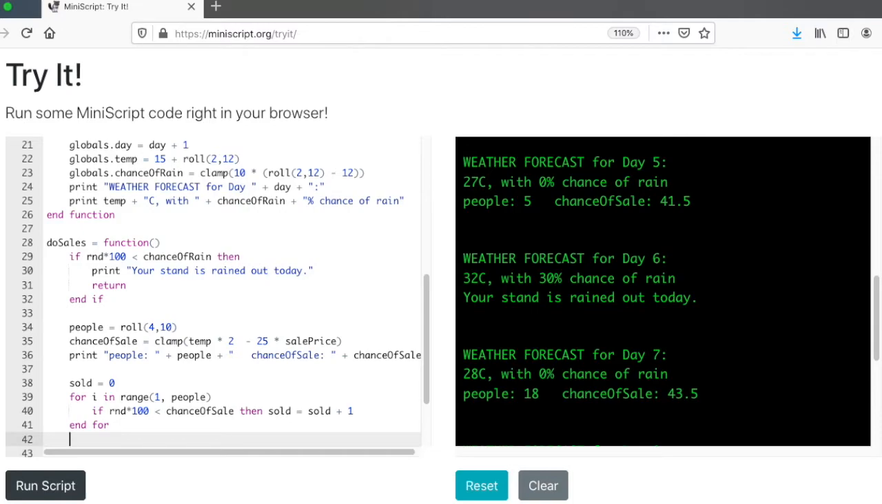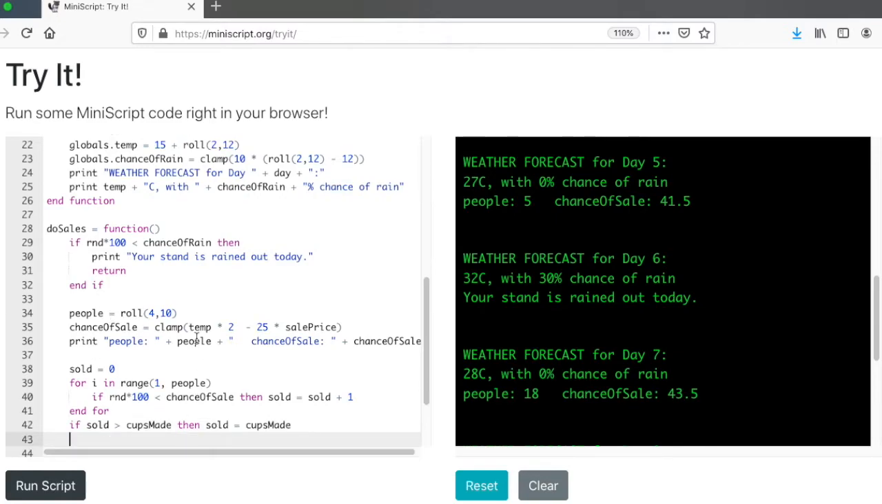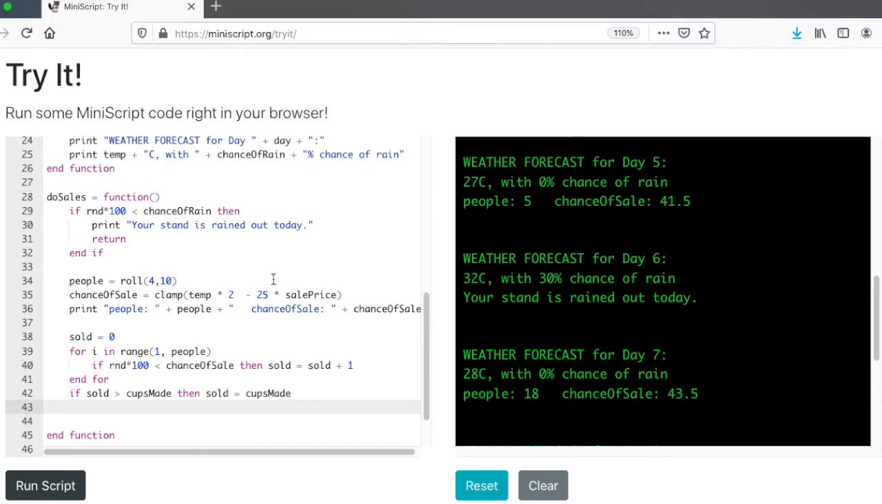And we got to make sure that we don't sell more cups than were actually made. So we're going to need another variable that keeps track of how many cups were made. Then we can say if sold is greater than cups made, then sold equals cups made. We could have also used the clamp function, I suppose. But a simple if statement gets the job done. And now let's print the results. Print you sold